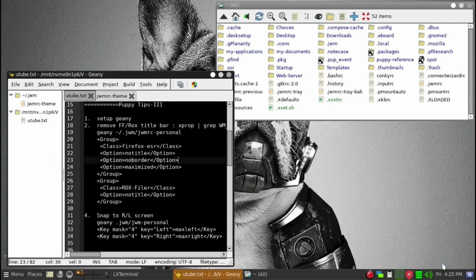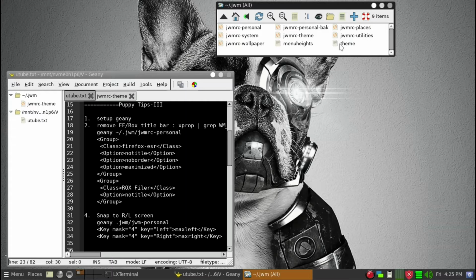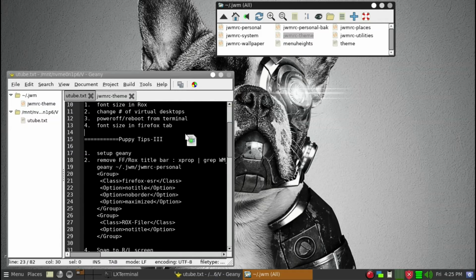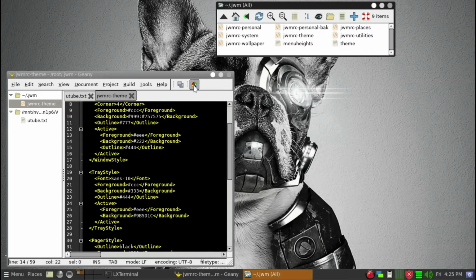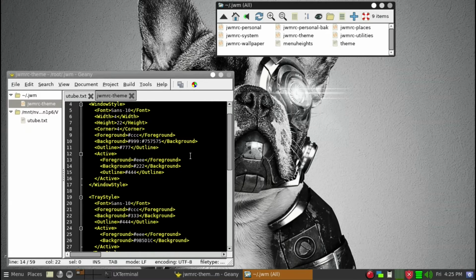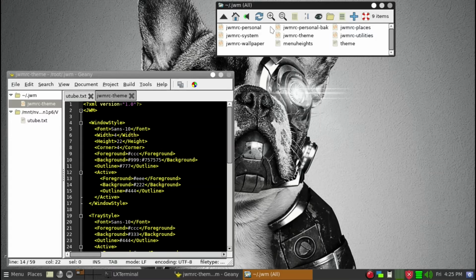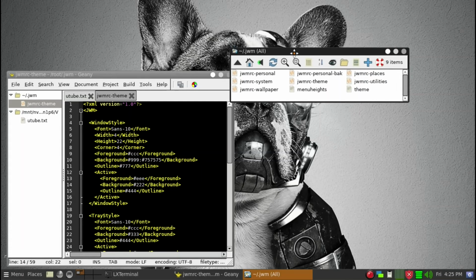So here, and close. Okay, and I want to demonstrate the usefulness of this color picker. So we'll go ahead and load up a theme, jwmrc-theme, just to demonstrate the usefulness of a color picker. For demonstration purposes, we can go ahead and change the color of this bar here. So it's under Windows, Style, and